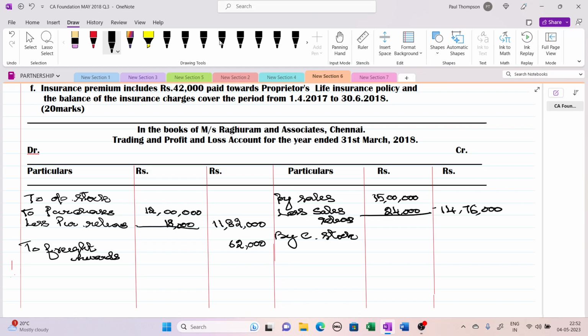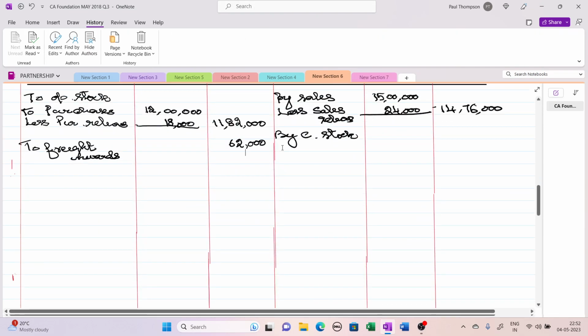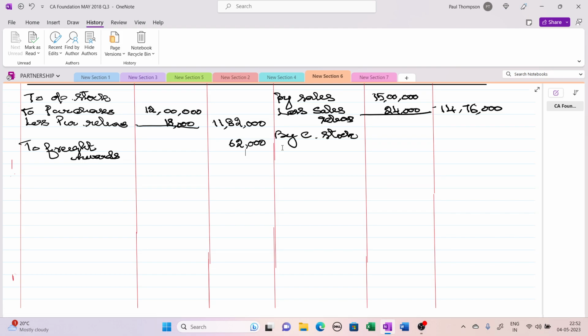Okay, now moving on to the next item. Next item is garage outwards. This will appear in your P&L account. So I am leaving one space for garage outwards. There is no adjustment in this. So I am writing the amount in the outer column,